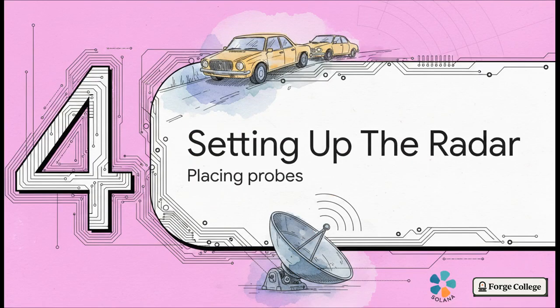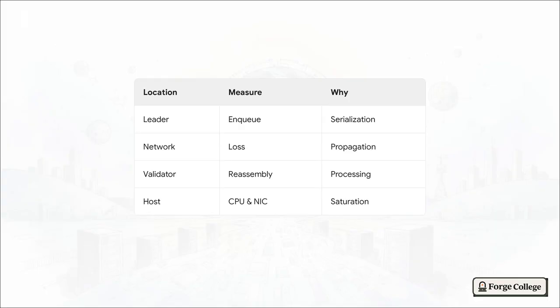Next up, Section 4, setting up the radar. Let's talk about exactly where to place our probes. Okay, so we have to place our measurement probes without actually disrupting the flow of traffic. Because if you pull a car over just to ask how fast it was going, well, you've completely ruined your own data. So we measure at the leader to catch NQ time, essentially tracking how long it takes to serialize